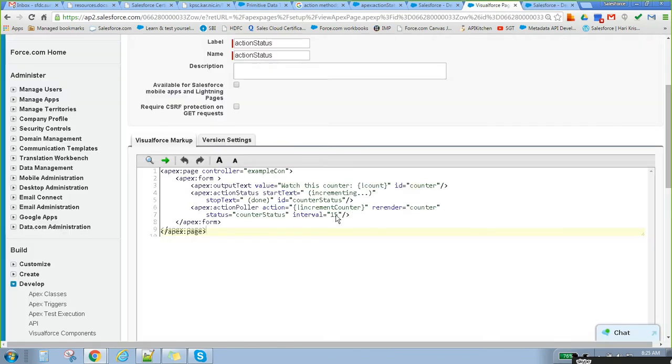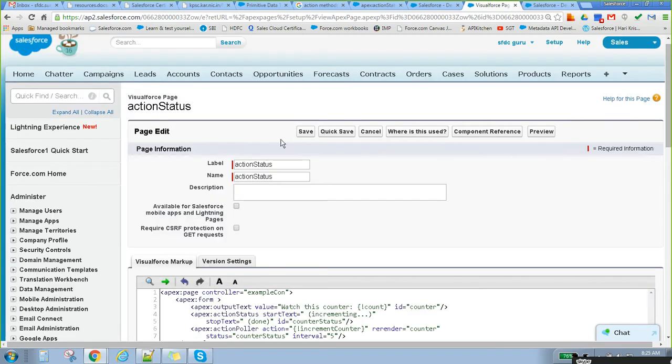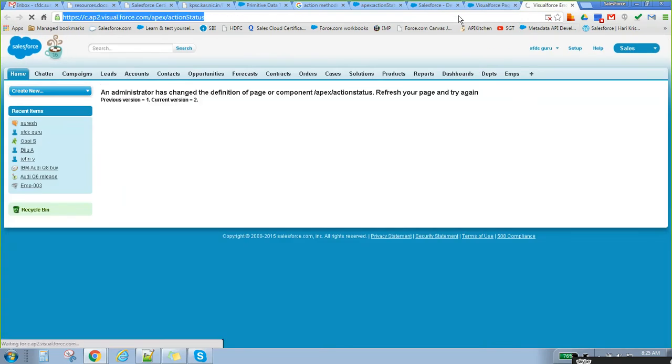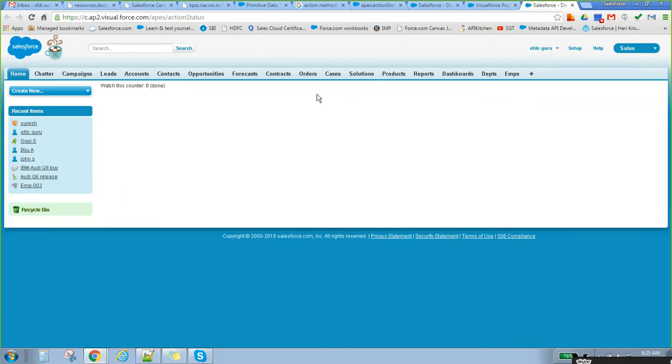So what is happening? Basically, these things are useful whenever we are loading big data. Whenever we are loading huge data, here I think we couldn't see the difference. See here, sometimes it comes incremented, yeah, it's incrementing.